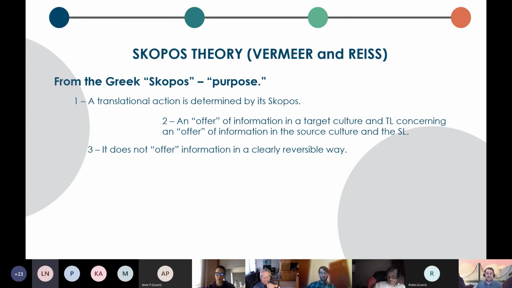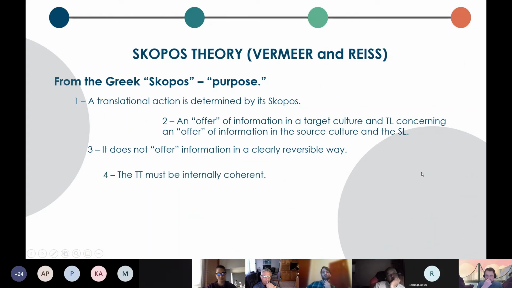That's kind of hard to grasp, but what this means is that the target text doesn't have necessarily the same function as the source text. That means, for example, if we're translating something and making it either a gist translation or not preserving the terminology so that it's more understandable to a layperson, then it's not the same as the source text. That is what Rule 3 means. They're not necessarily the same exact thing.